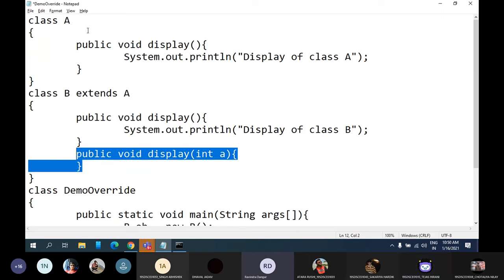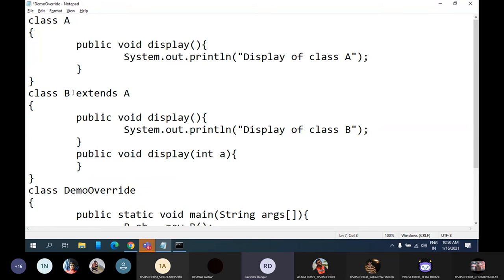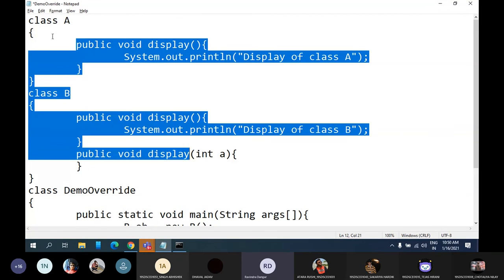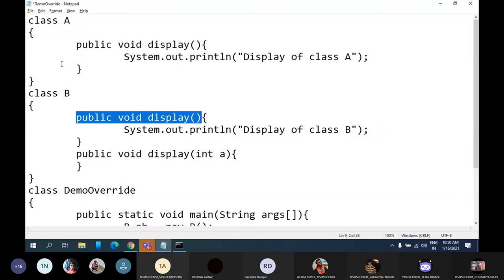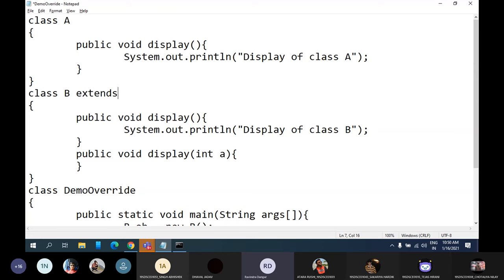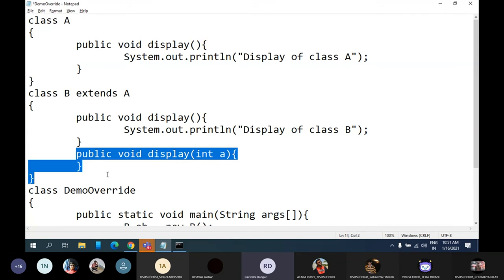Fine, so you just need to remember these rules. Make sure that inheritance is applied. Otherwise, if you just remove this, then this is not method overriding. See, both the classes are different. Classes are not having any relationship. So now I cannot say this is method overriding. Now to access both the methods, I need to create an object of the appropriate class, but that is a different topic. If I am having two classes, inheritance is applied, and in both the classes the same method with the same parameters is there, then that concept is known as method overriding, which is also known as runtime polymorphism.